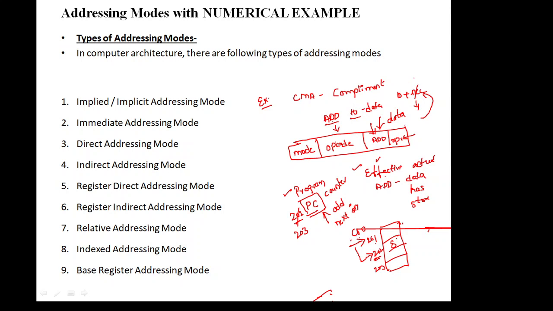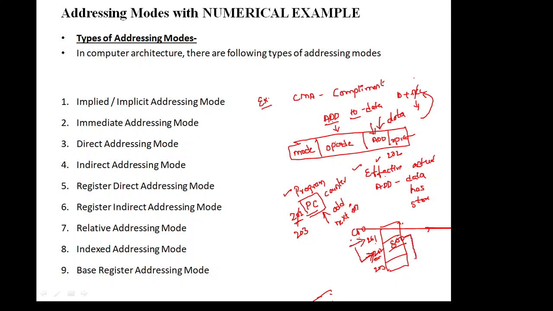So direct addressing mode in the sense, instead of giving the data, we are specifying the address. Here 202 is the address, right? Here we are going to specify 202. So this is the direct addressing. Indirect in the sense here we will have the address 800.